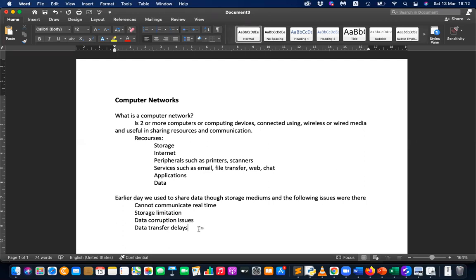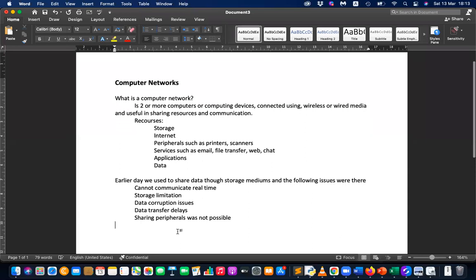And it was not possible to share peripherals. Sharing peripherals was not possible. So those are the issues we faced at the initial stages when communicating